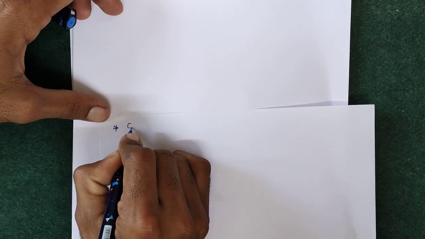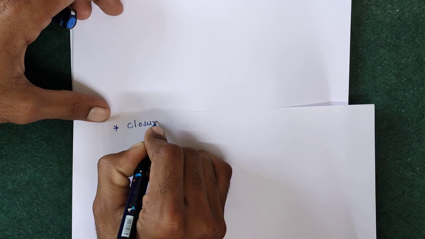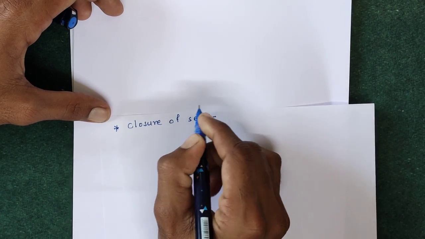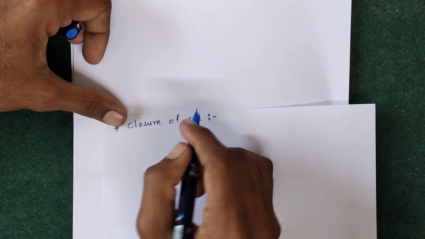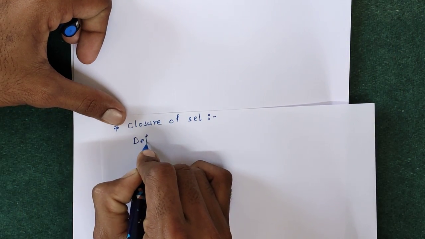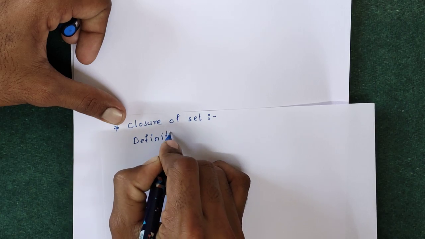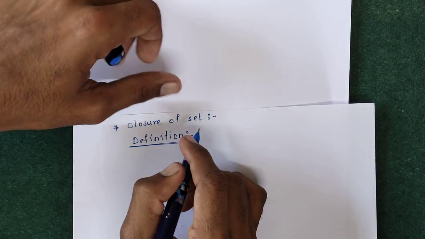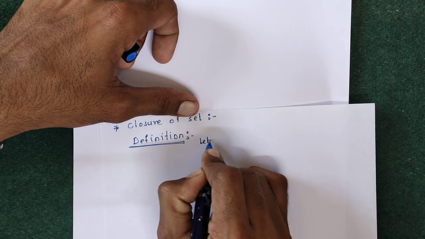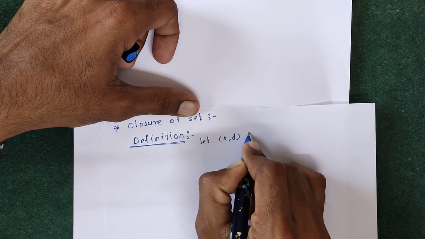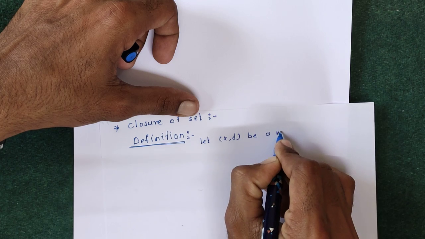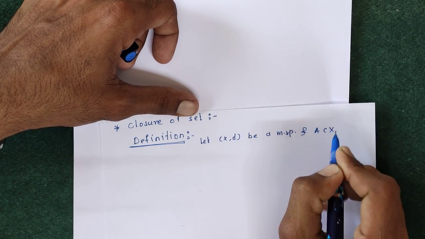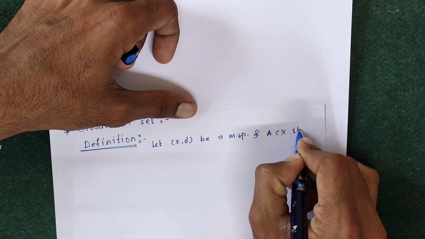Next definition is closure of set. So first of all we will take the definition of closure of set. Let (X, d) be a metric space and A is a subset of X, then